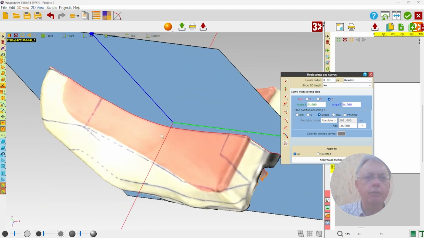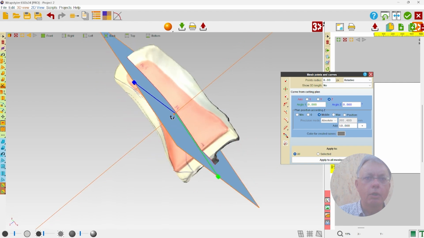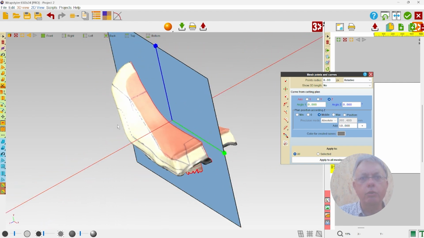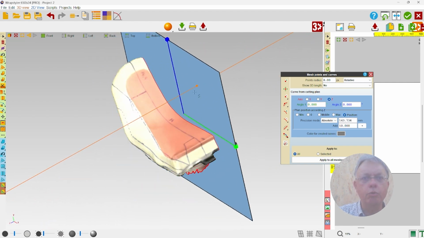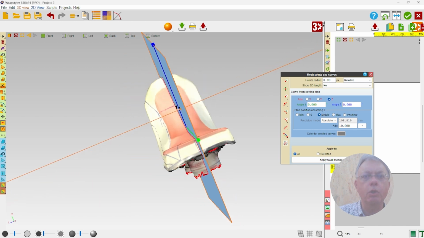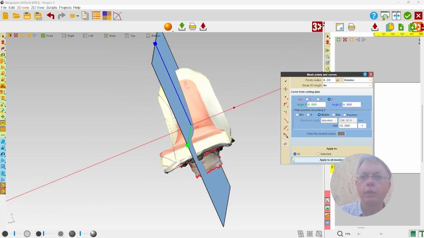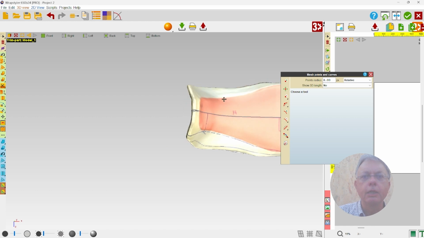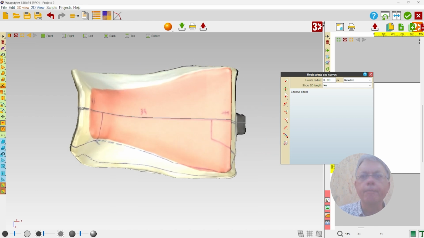You can see here, this is a plane to cut the line. We can move this plane directly, or we can put it here, for example, in the middle of the object and apply to create a special cutting line.